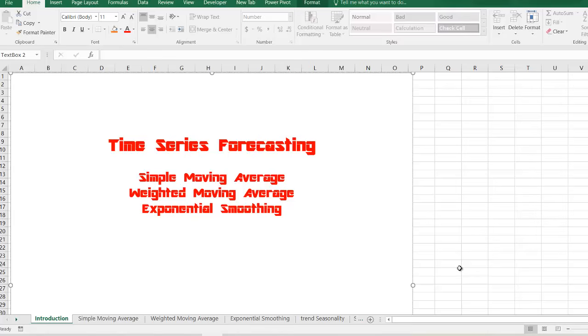Hello everyone. In this video, we discuss three forecasting methods that are appropriate to time series with horizontal pattern, such as the simple moving average, weighted moving average, and exponential smoothing. Basically, a horizontal pattern exists when the data fluctuate around a constant mean. To illustrate a time series with horizontal pattern,